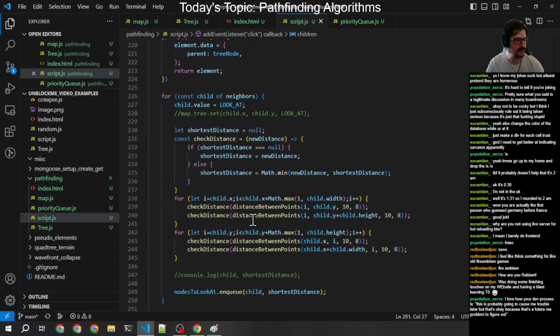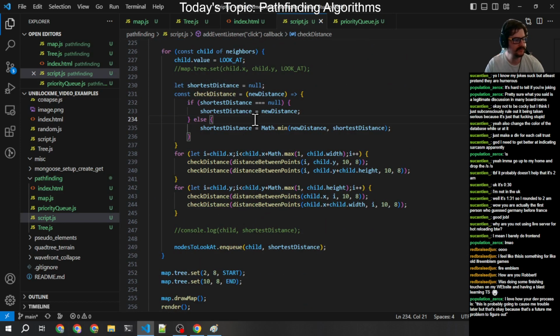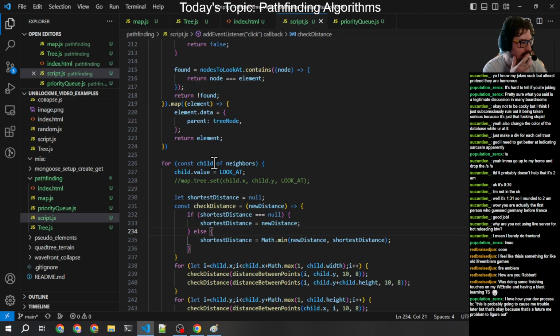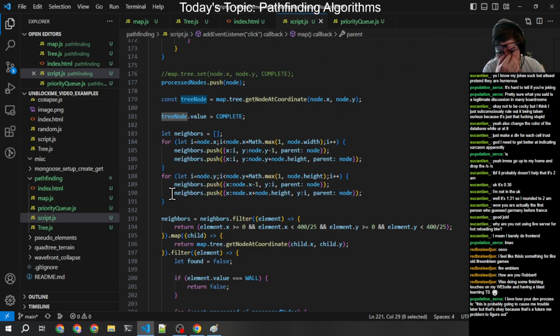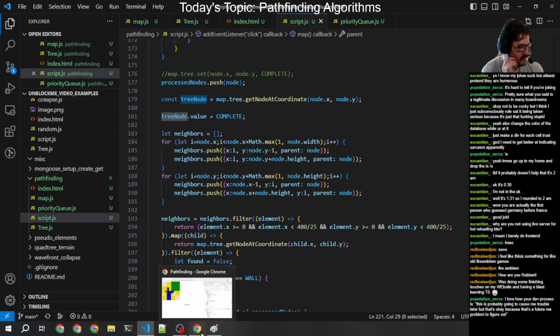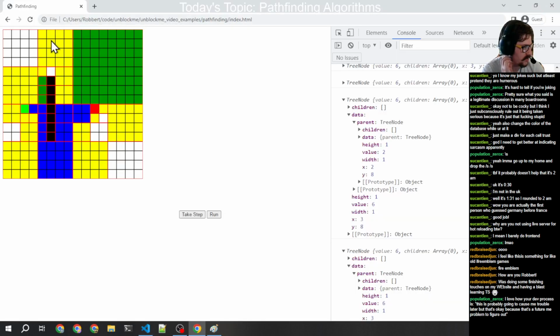Where am I? Oh, this is the wrong one. So, hmm. So when we put the element parent here of tree node, at some point it had one of its own. Okay, which one are these? Which one is this? Where am I even? So this is 3, 8, and 2, 8. Okay, so let's see. 0, 1, 2, 3, 4, 5, 6, 7, 8. 0, 1, 2. So these two, for some reason,